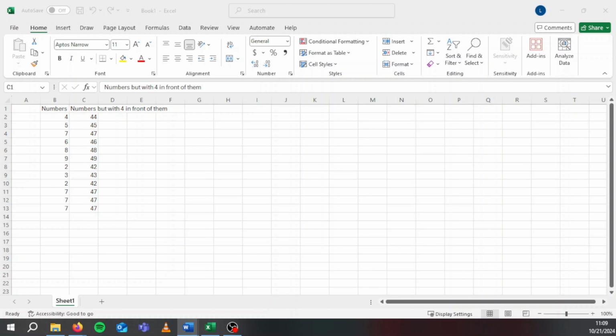Today I'm going to be teaching you how to set up a graph with the secondary y-axis in Microsoft Excel. So first of all, what you want to do is make sure that you have the data set up